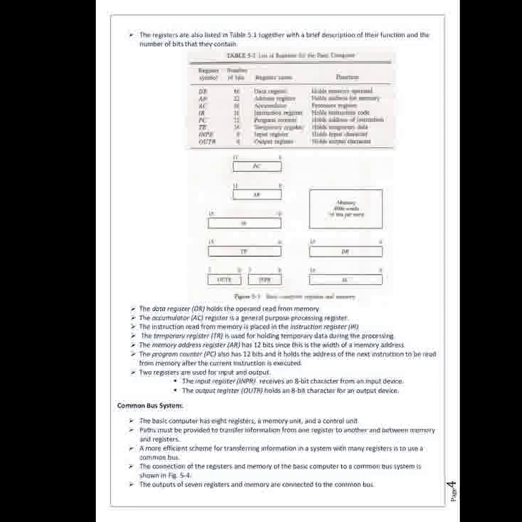The basic instruction cycle consists of the following phases. What are the phases? See. Number one, fetch an instruction from the memory. The instruction will be taken from the memory. Then decode the instruction, meaning convert it into the opcode. Read the effective address from the memory where the instruction is taken, and execute the instruction in the arithmetic logic unit. That is the main operation of the instruction cycle.